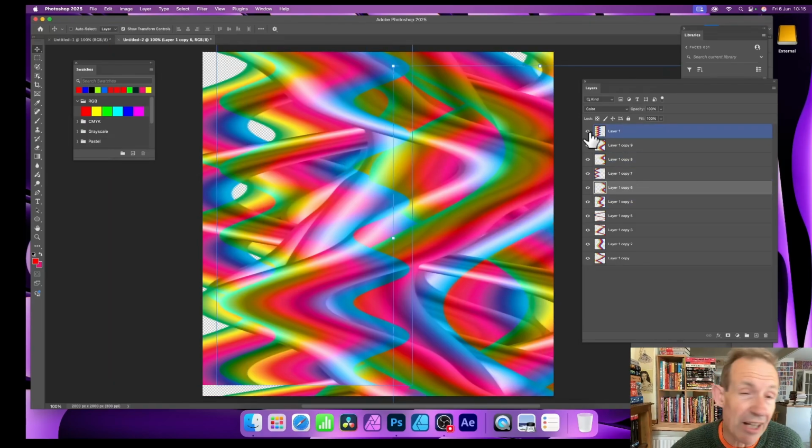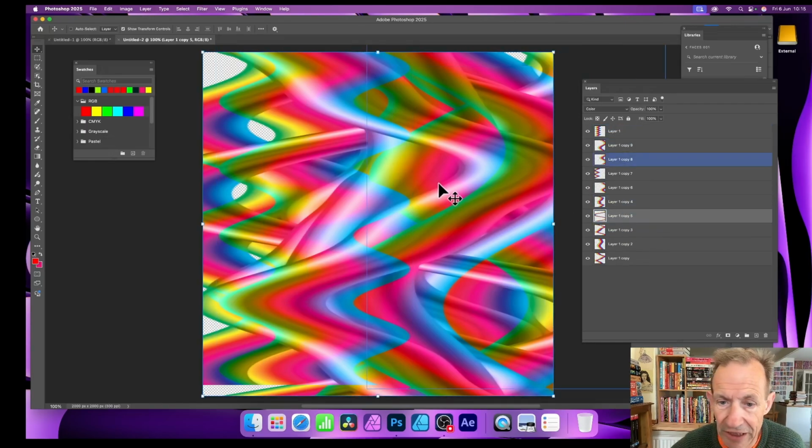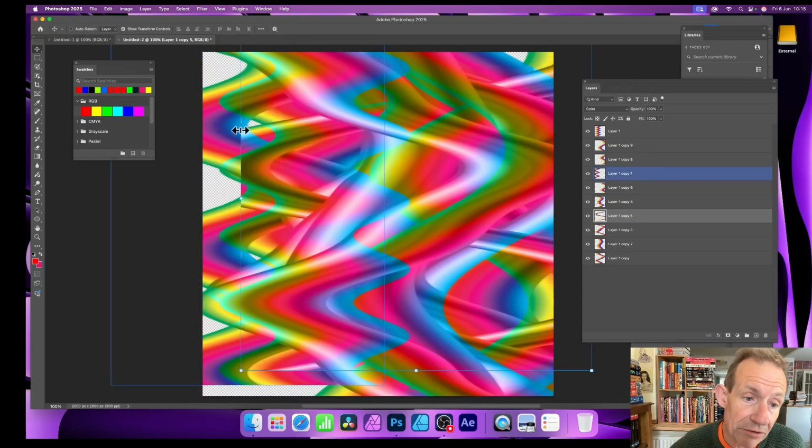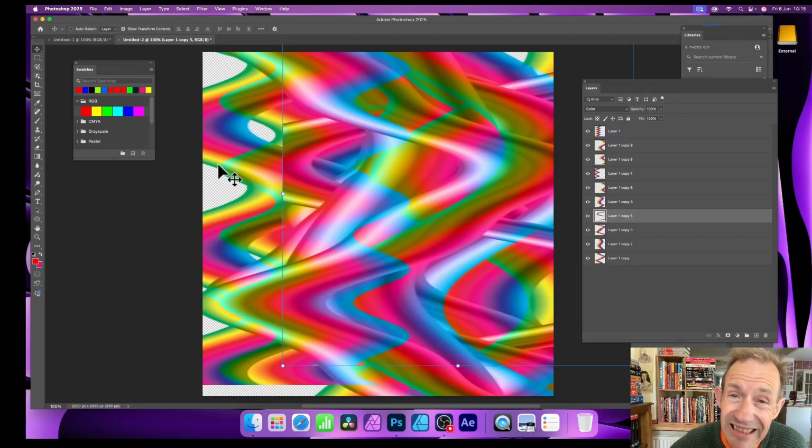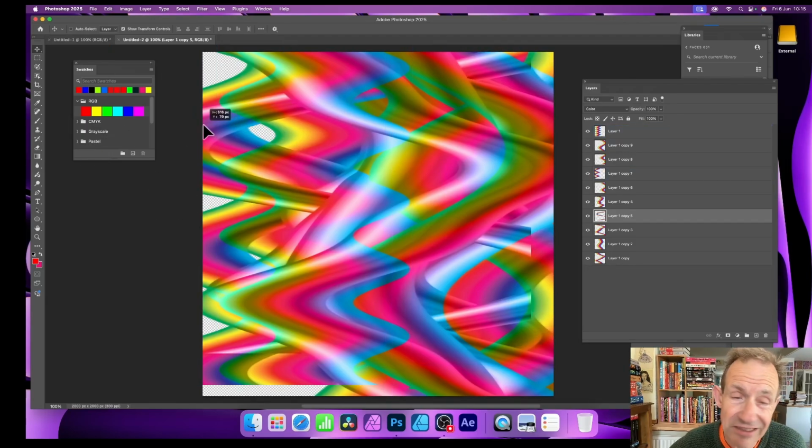Now, another way around that I always find, and what I have to do as a quick option, is just make it not visible. And you can see then you can move that one and so on. But you will notice one or two of them, because they've gone over the edge, you get this cut off. That effect does not extend beyond.